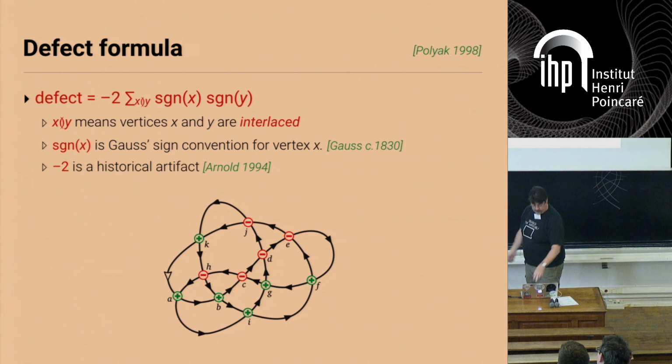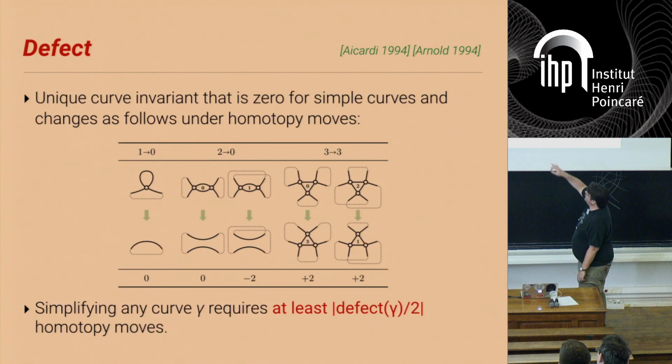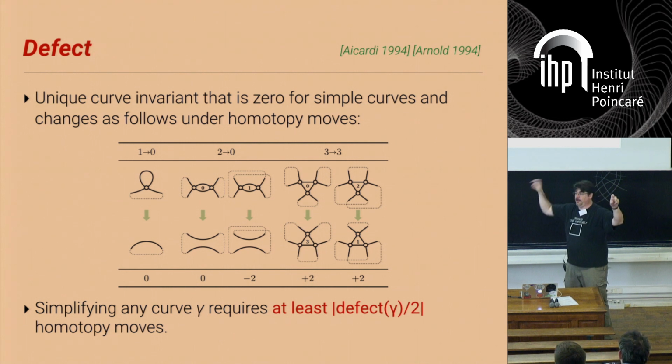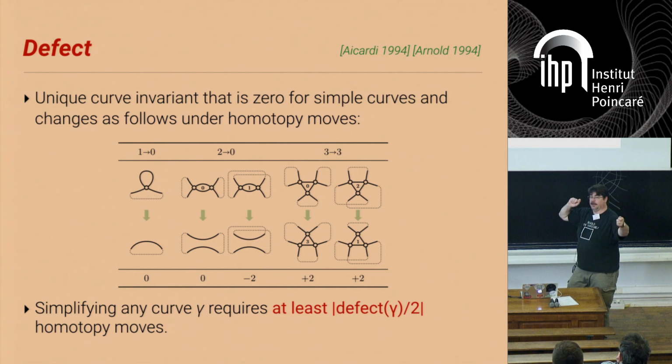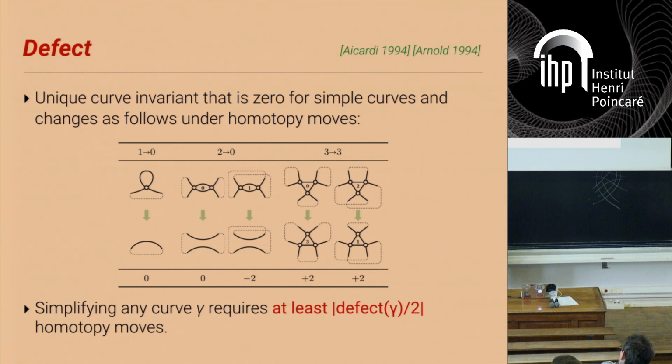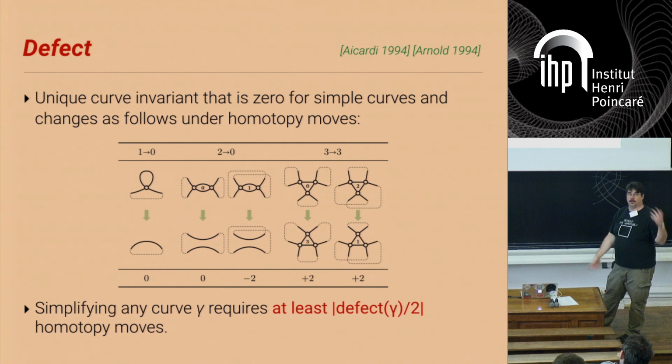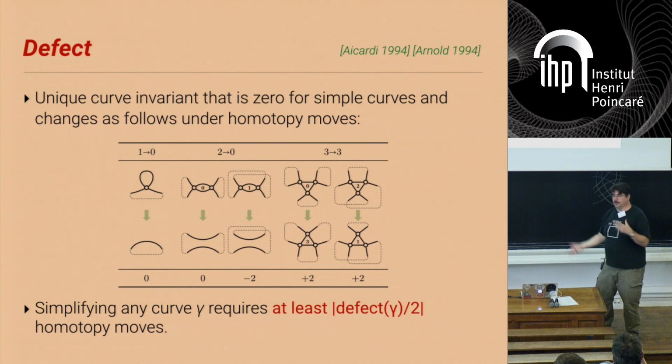B. Right? So here, if there's a bigon where, if you cut the bigon, it disconnects the curve, then you would see AA and then BB. So there's no interlaced pair. Whereas if it's more mixed, then you'll see A, then B, then A, then B. And that's the difference between whether performing the move doesn't change the defect at all or changes it by 2. And for 3-3 moves, there are 2 pairs of cases depending on which direction you